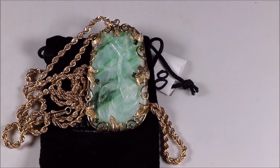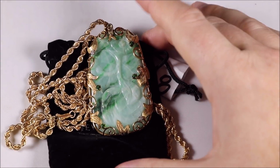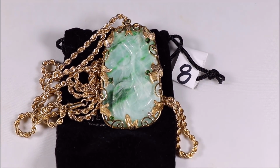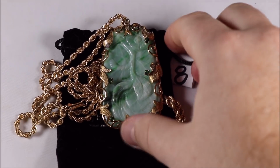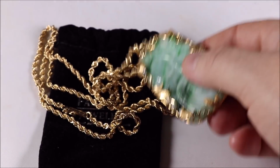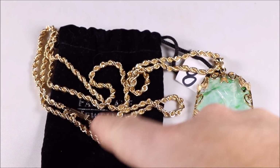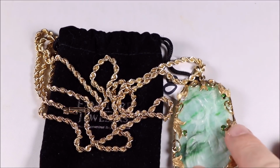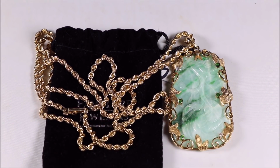So here's the piece, and I saw this already in the pictures, and I just asked, well, how much does the chain weigh? How much does the piece weigh? Here's the chain. And I said, well, what carat is the chain? Is this 14 karat? Is it 18 karat? What is it? And so she starts telling me, well, it's